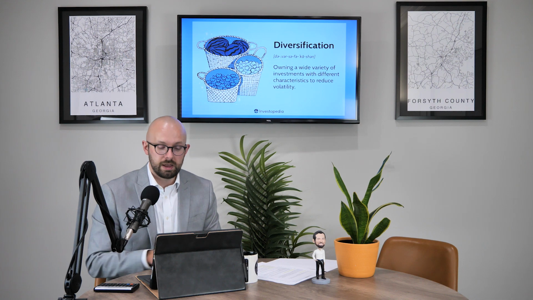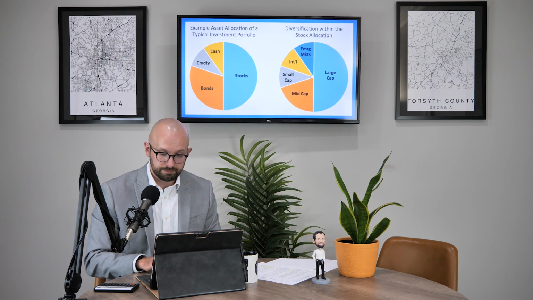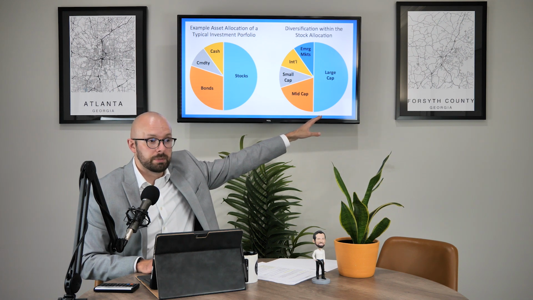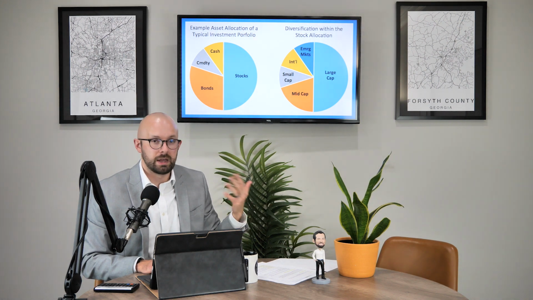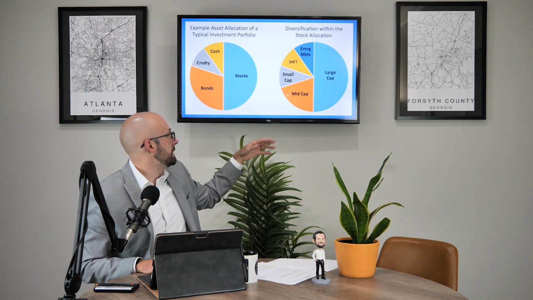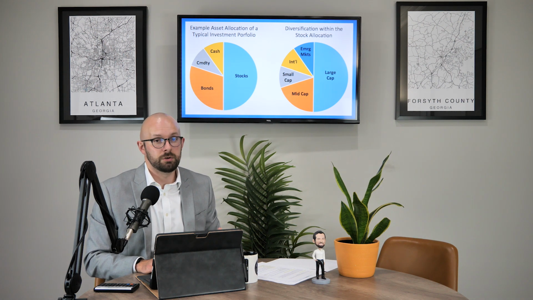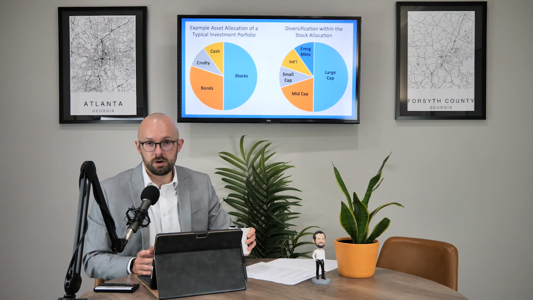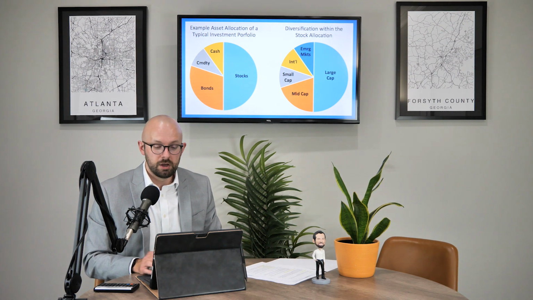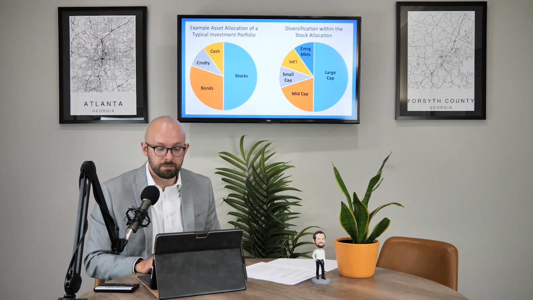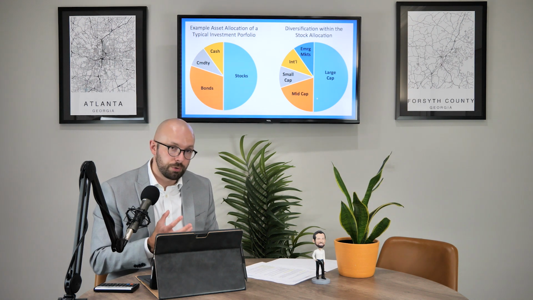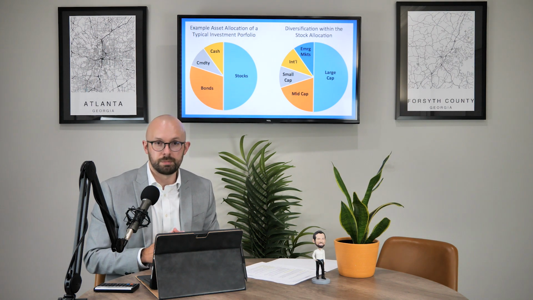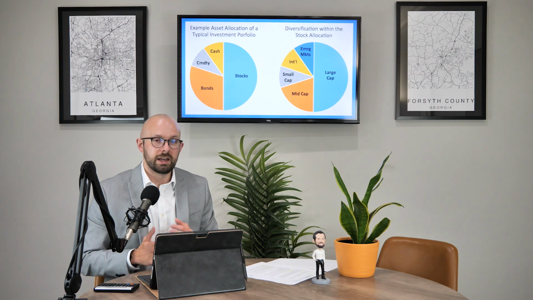what you might look at is, say, you might have half of that growth be focused on large cap companies. So think Microsoft, Apple, Amazon. You might have some of those be mid-cap companies, so think Domino's, Wingstop. You might have some be small-cap companies, so probably companies you've never heard of, like a biotech company or something like that. So you're having different areas of the market all within that growth region that you would define as a company that typically isn't producing a dividend, isn't designed for income, and is still in the growth phase.